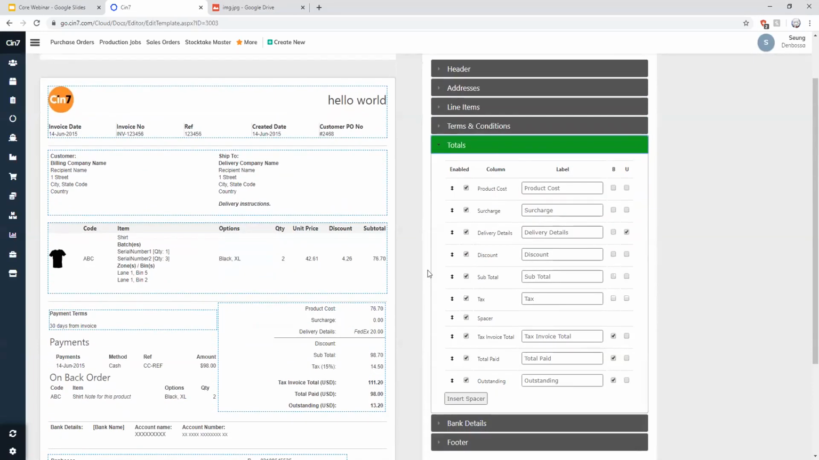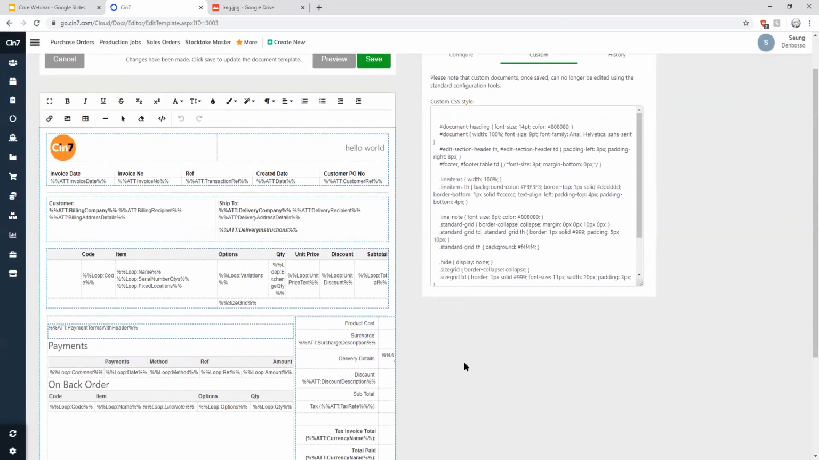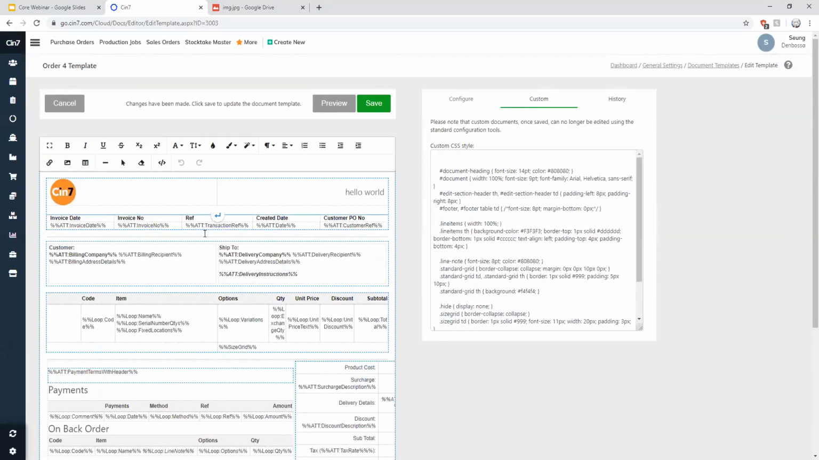The next part is going into the advanced part. If you know how to do HTML, or perhaps just want to play around with it, convert the templates to custom. Once you have done that, you can see all these different codes, and you're thinking to yourself, what is this? What does this all mean? Don't be too flustered when you see this. The best way to check how to associate all these values is if you click on preview,